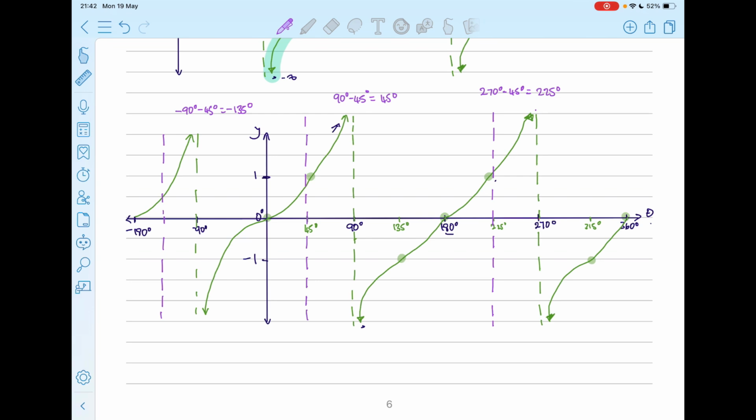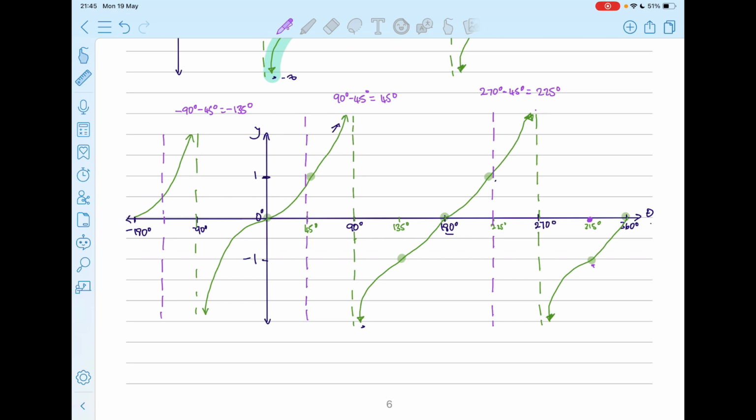Okay, so now that we've moved that graph 45 degrees to the left for our asymptotes, we need to do the same thing for our x coordinates. Okay, the tan graph is not fun, but we can do this. Starting at 360 degrees, when we subtract 45, it means that that point is now 315. So it's now here. So for the original tan graph, at 315, that's when our y was negative 1,